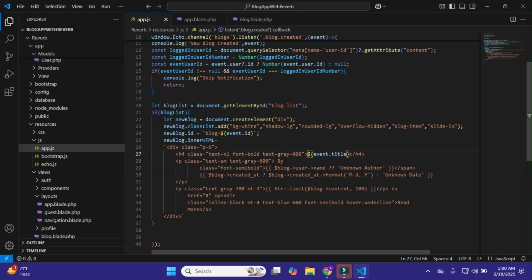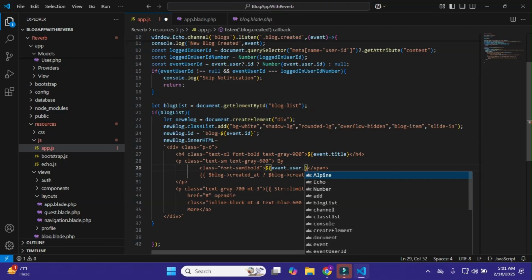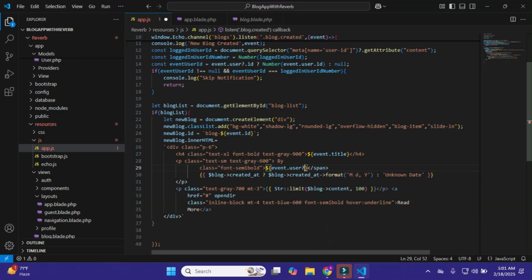Okay, and now I'll copy it, and in the username I'll pass it like this, ${event.user.name}, and after it I'll pass unknown.